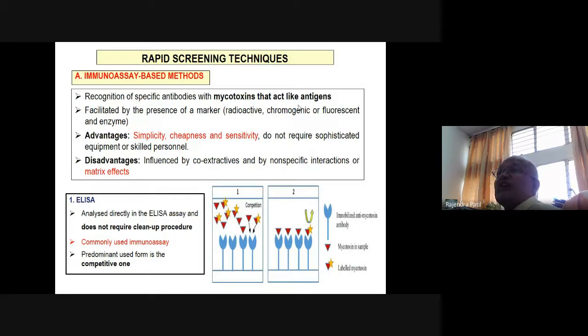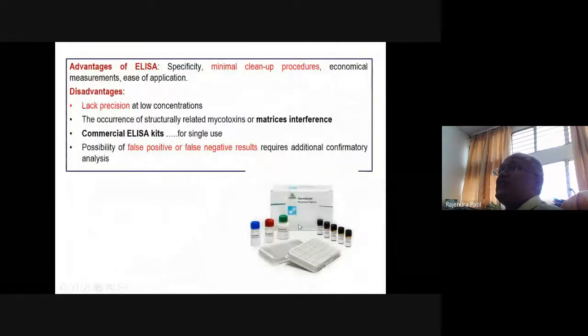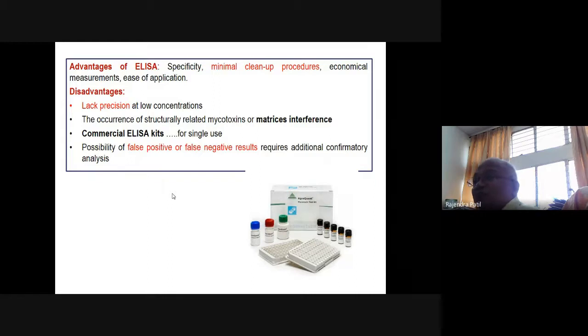Then rapid screening techniques. Among them, immunoassay based methods are nowadays gaining more popularity because they are very simple, cheap, and sensitive. Sometimes the disadvantages are matrix effects or non-specific interactions, which is why they are not always suitable. But otherwise they are the most important techniques, and a lot of commercial ELISA kits are available in the market, and we use them for a number of mycotoxins